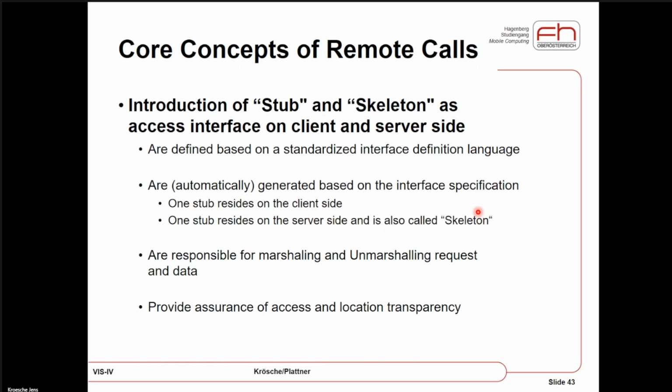So sometimes it's stub communicating with stub, and sometimes it's stub communicating with skeleton. And if you stumble upon stub and skeleton, the skeleton typically is on the server side. And they are responsible for marshalling and unmarshalling the requests. And they assure this access and location transparency.